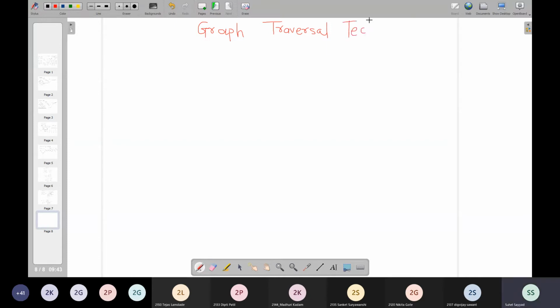There are two graph traversal techniques which we need to discuss in our curriculum. All of you make note of this. The first graph traversal technique is breadth first traversal, BFT we call it.